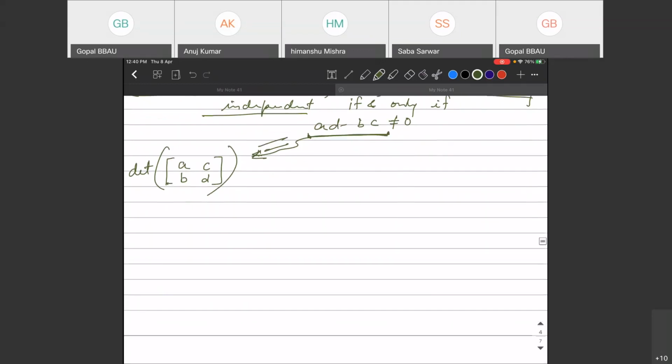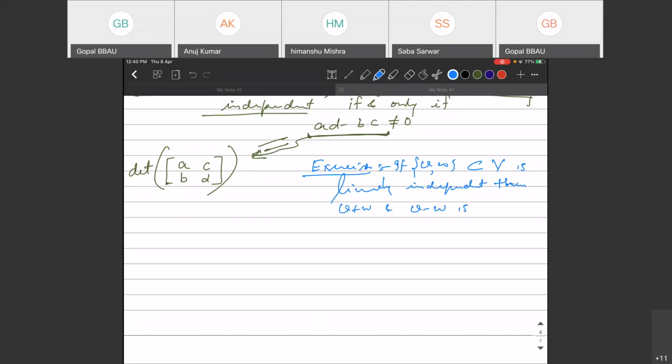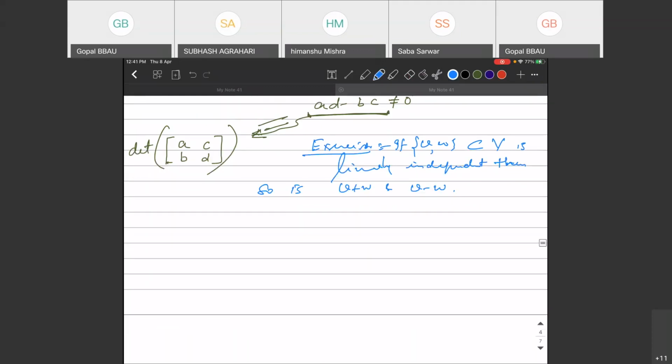Let me do another simple exercise. Okay, exercise. Let V and W be vectors in any vector space. If this is linearly dependent, then V plus W, V minus W is also linearly dependent. Okay. So what does this say? So let us see